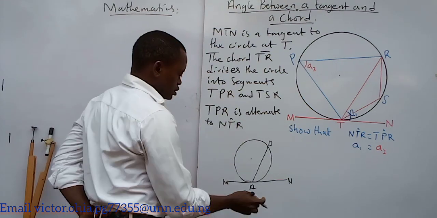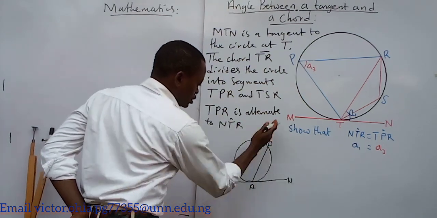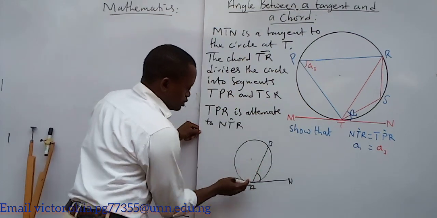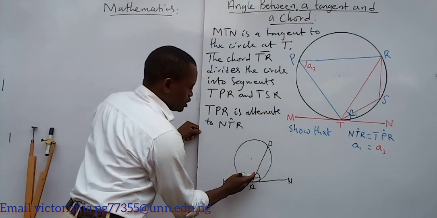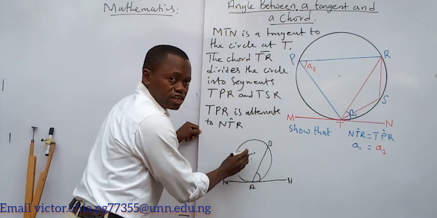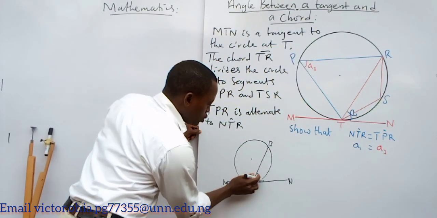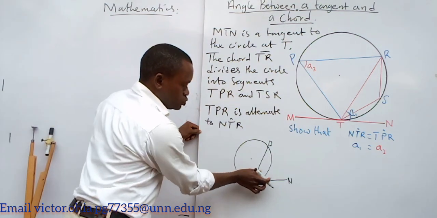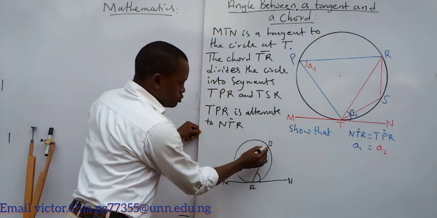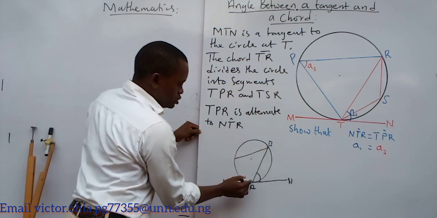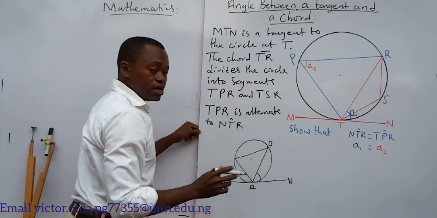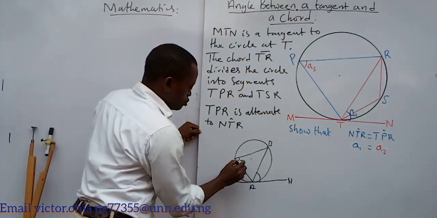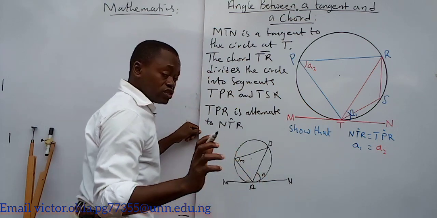So what we are trying to say here is that the angle between this tangent and this chord, that is this angle here. If you look carefully, you realize that this chord divides this circle into two segments. So this angle here is alternate to this segment here. Any angle that is formed within this alternate segment, assuming I label here to be M and here to be N,